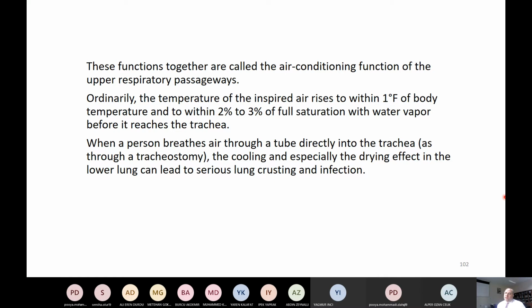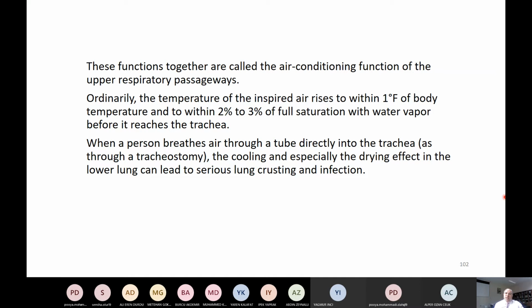Ordinarily, the temperature of the inspired air rises to within 1 degree Fahrenheit of body temperature and to within 2-3% of full saturation with water vapor before it reaches the trachea. Okay,